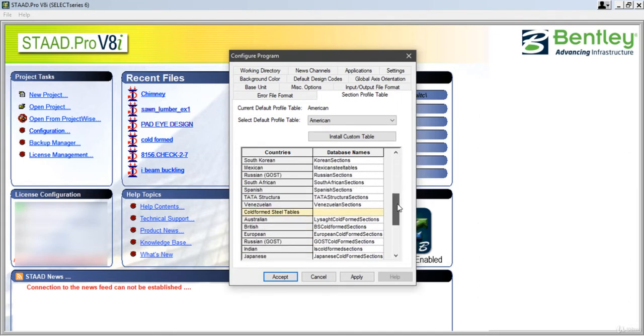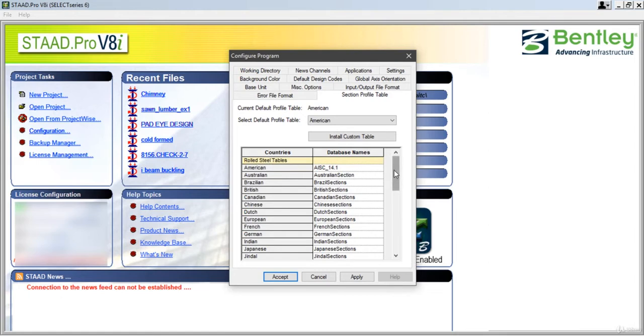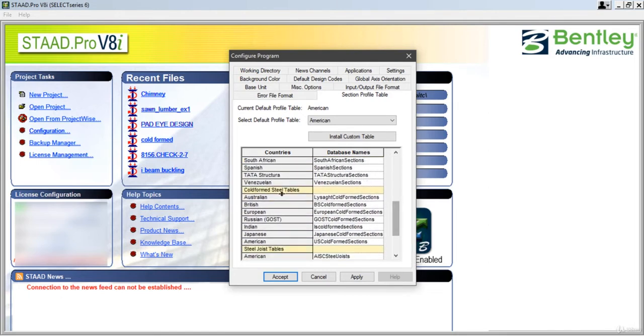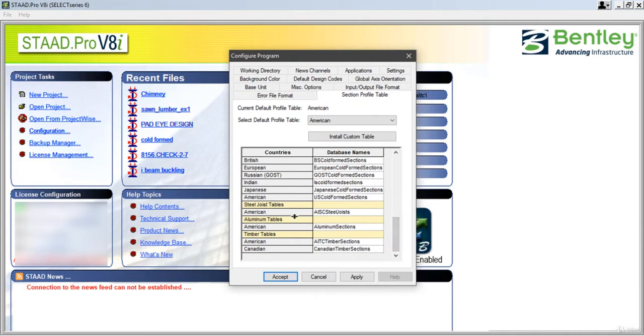In addition to the hot rolled steel tables, we have cold formed steel tables also: Australian, British, European, Russian, Indian, Japanese and American. For joists used in American design, only the American steel joist table is available, for aluminium only American is available, and for timber American as well as Canadian is available.